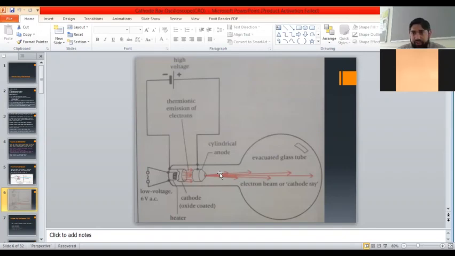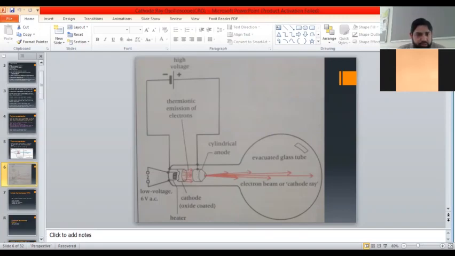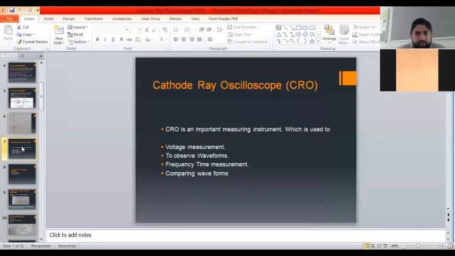Because that is what we have in thermionic emission: ejection and movement of electrons due to thermal energy. So we will be using this cathode ray in our CRO. We need a constant supply of electrons, which we get from here. So we'll be using that in the CRO. Now let's see how we use the CRO. Okay, first of all,